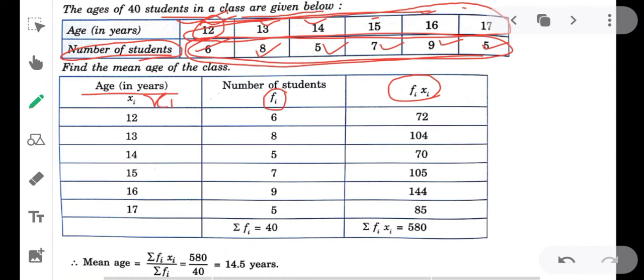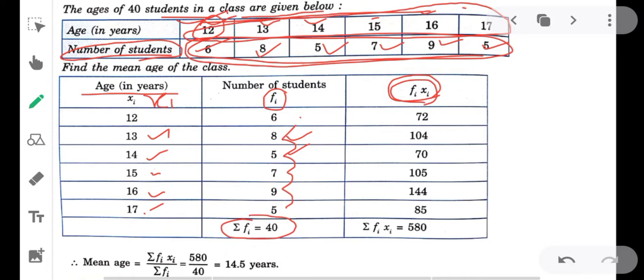Okay, so write down the observations 12, 13, 14, 15, 16, 17 and their frequencies 6, 8, 5 and so on. Make another row here for summation of fi and summation of fi xi. So summation of fi is 6 plus 8 plus 5 plus 7 plus 9 plus 5, that is 40. Then for summation of fi xi, first find the value of the product of frequency and observation